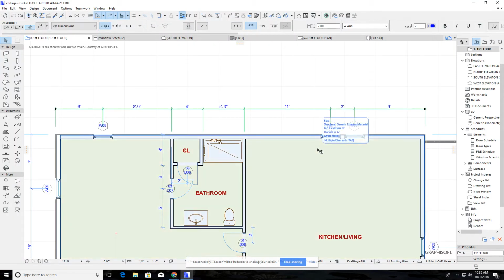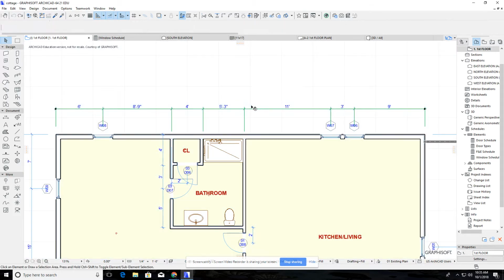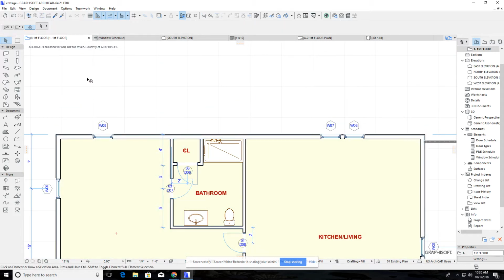Now what we're going to do is learn how to dimension. Okay, so it looks like this. All right, I'm going to just delete that for right now. And then you guys just follow along. I'm also going to record this, and I'll put that up